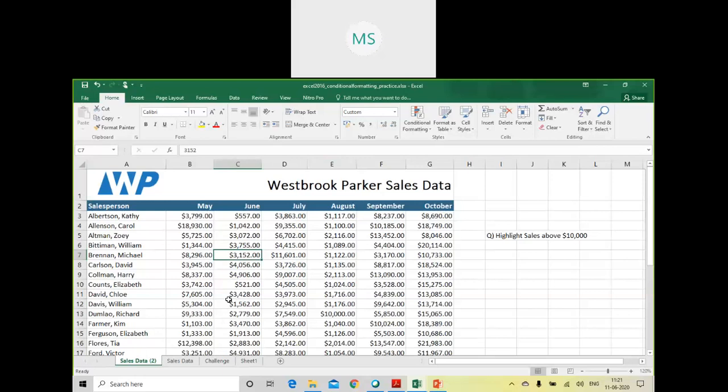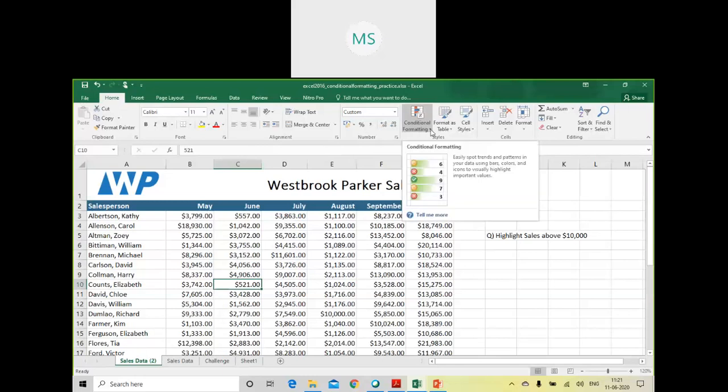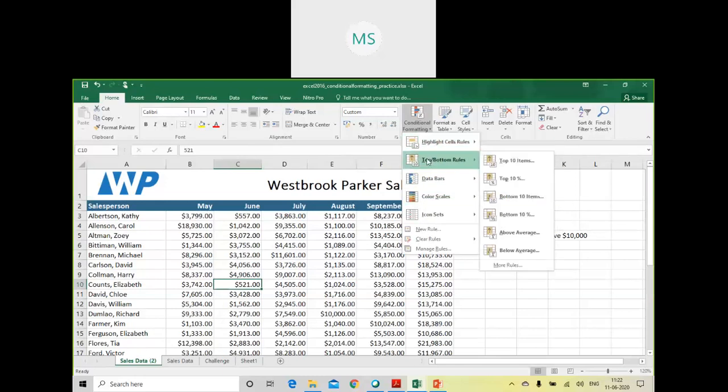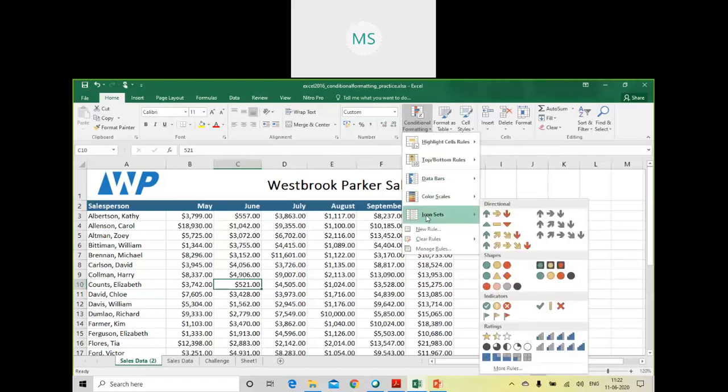if I want to highlight the cells with value less than 2000, what do I need to do? I just need to go to conditional formatting. This conditional formatting is available on the home tab ribbon itself. Here you can go to conditional formatting. The moment you go to conditional formatting, you can select this down arrow, and the moment you do that, these many options are available, like highlight cell rules, top bottom rules, data bars, color scales, and icon sets. These three we'll see later.